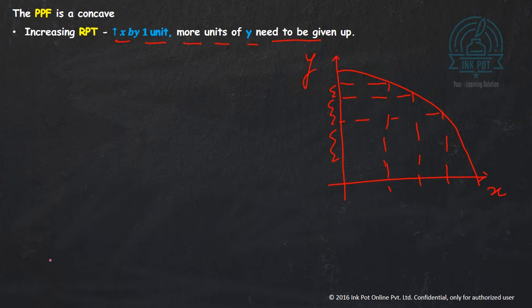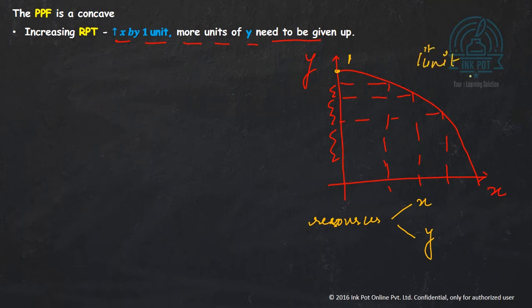There's a very inherent simple reason for this. Our resources could be labor and capital, and those resources can produce both x and y. Let me say I'm at point 1, where I'm producing nothing of x and all of y. When I need to produce my first unit of x, the resource that I take out of y will be the least productive in y and the most productive in x. That is why the amount of y that I need to give up for the very first unit of x is very, very small.